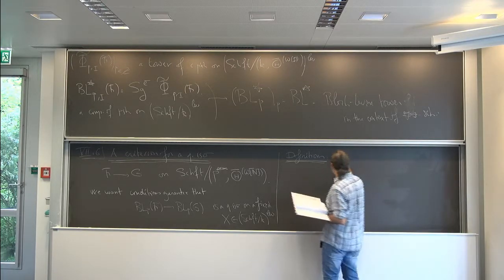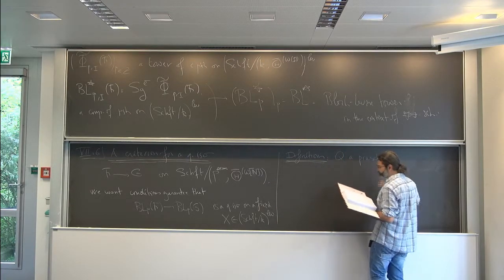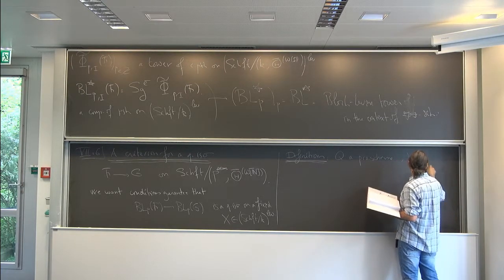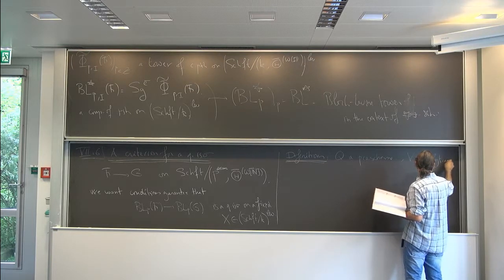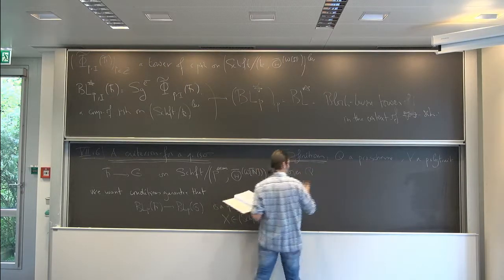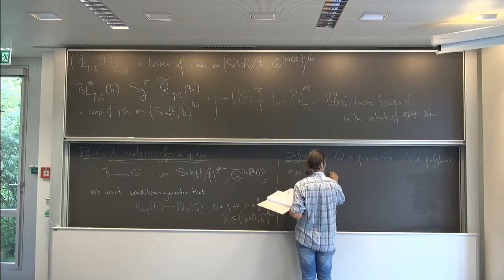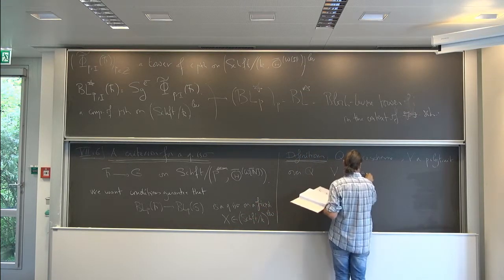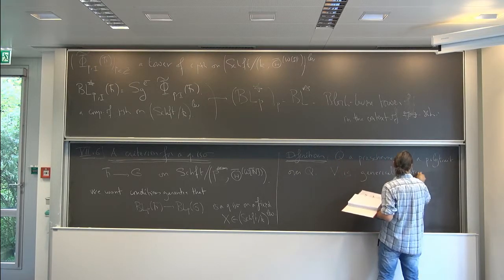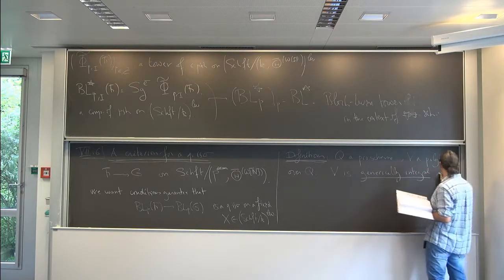Okay, so let's take Q a pro scheme, and V a polytray over Q, that is endowed with a map to Q. So I say that V is generically integral over Q